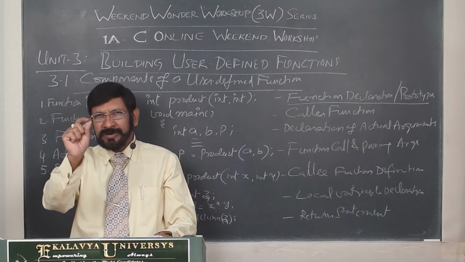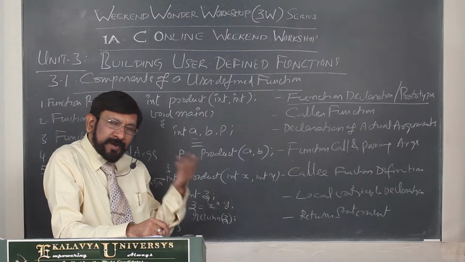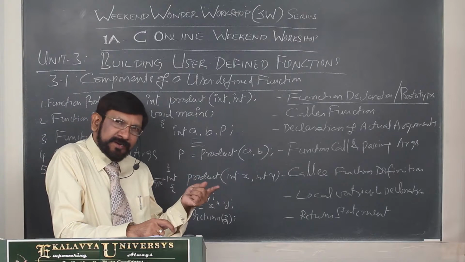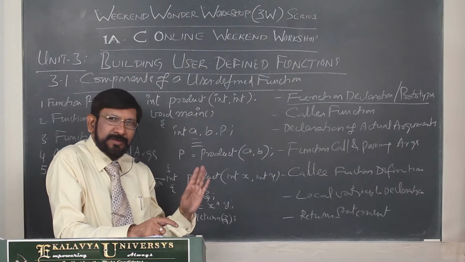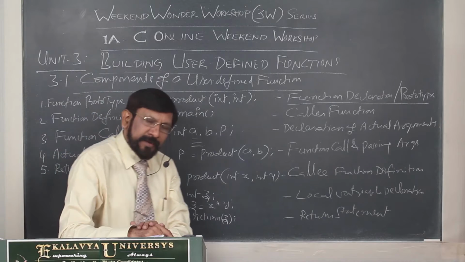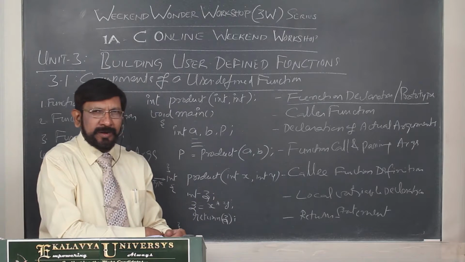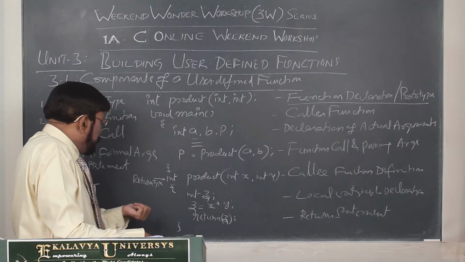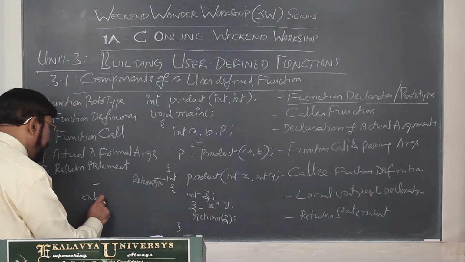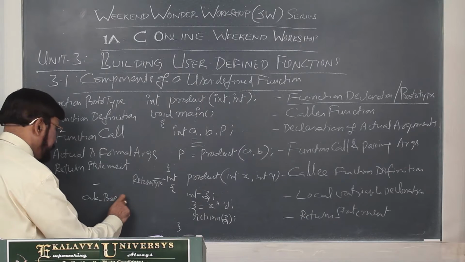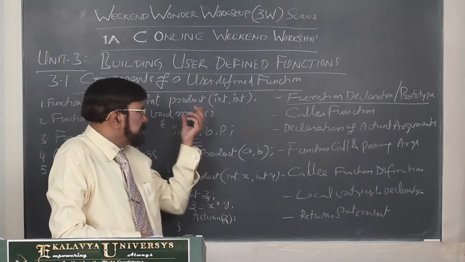Hereafter let us use the word return. What will the product function return? What is the type of the result? Int. Why int? Int versus int, the result is int. So this information you require. And number 2, what name is appropriate? We are calculating product, that's why let us give it the name product. More professionally, actually in Java, you should follow this and write calculate product. It is a more professional way. For the sake of simplification, I have simply written product.